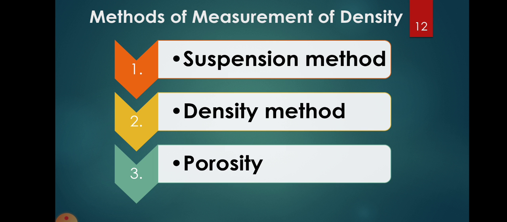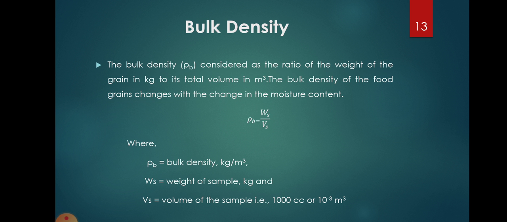So methods of measurement of density. There are various methods which are used to measure the density, that is suspension method, density method, and porosity method. So bulk density. What do you mean by bulk density? The bulk density, denoted by rho b, is considered as the ratio of the weight of the grain in kg to its total volume in meter cube. This is simply nothing but